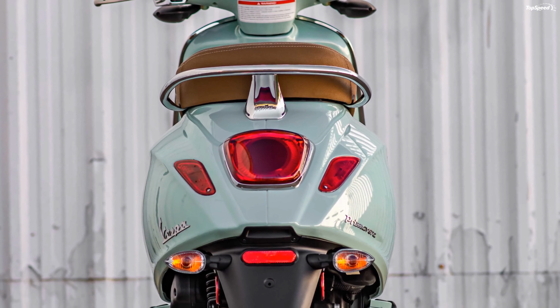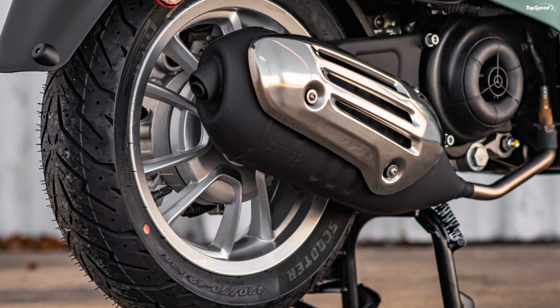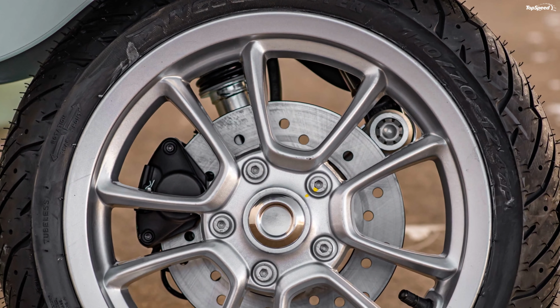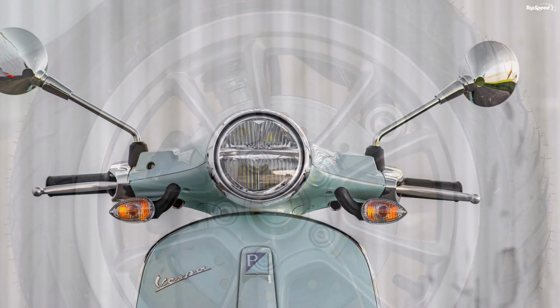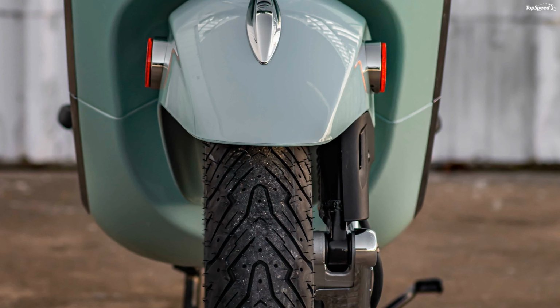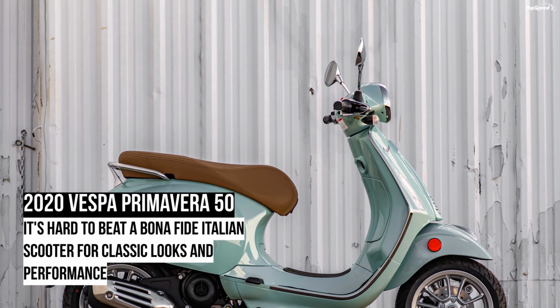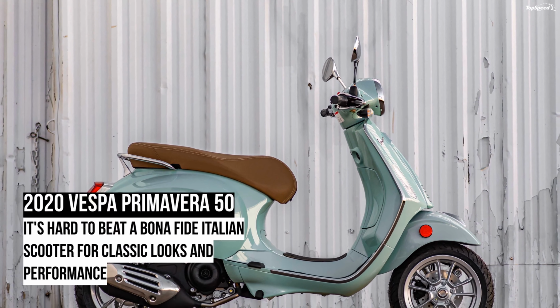The front suspension is typical of the marque with its aircraft landing gear style setup that uses a single side standing member with a trailing link and coil over shock to articulate for the front wheel. Out back, a 4-level preset feature in the rear shock gives you some adjustability so you can compensate for changes in cargo and passenger weight. A 200mm disc and single piston anchor slow the front wheel with stock ABS to help you keep it rubber side down,